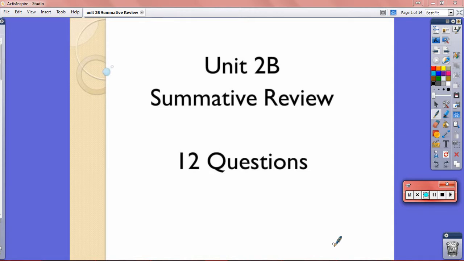It's coming on time for the kids to take their Unit 2B summative test, and this is just a review to help them prepare for it. The test is really just on estimating with decimals and multiplying and dividing decimals, but one of the trickier parts about taking this test is going to be knowing what to do for each of the questions. So,